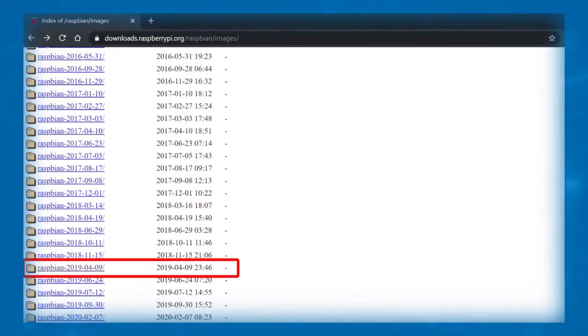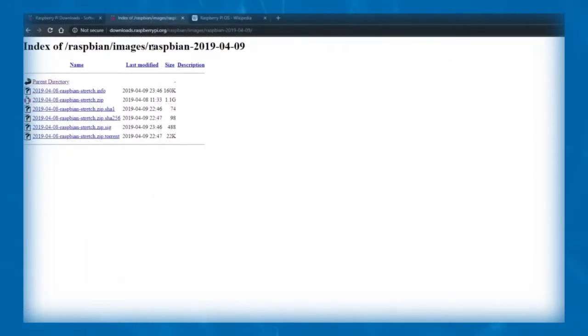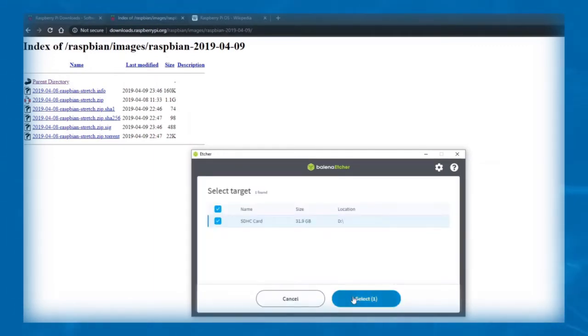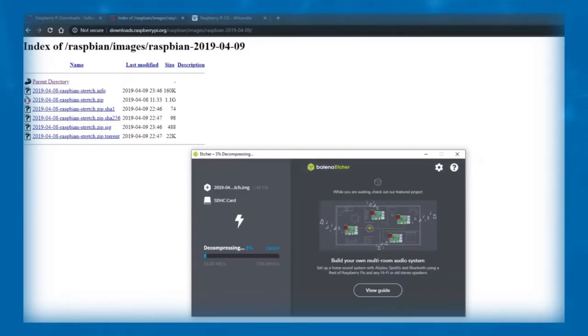Now, before you connect the micro SD card, you will need to flash it with Raspbian Stretch. From a browser, navigate to the Raspberry Pi download repository and choose the last updated Stretch version. You'll see it has the name 2019-04-08. Click and download the zip folder. After the download is complete, I'll open the Etcher software, which I will use to write the Raspbian OS to the micro SD card. Click on Flash from File and select the downloaded zip folder. Then choose the micro SD card and finally click on Flash. This will take a couple of minutes.